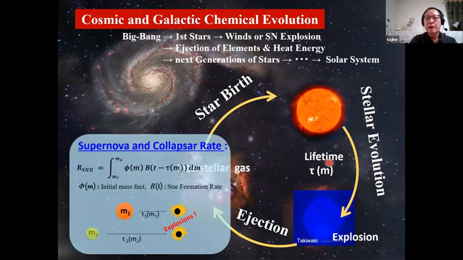If this is a single star, like a supernova or collapsar, everybody knows how to parameterize the evolutionary history of these stars and the production of r-process elements and their ejection. Massive stars, which have a mass of M1 or M2, have different time delays. This is the lifetime of the main sequence. After this time, they could explode and eject r-process elements back into space. So in galactic chemical evolution, we take account of this time delay of a star's lifetime.